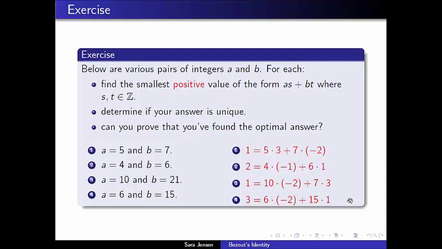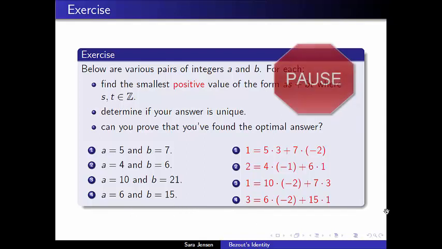Maybe you do understand it, and that's wonderful, but what I'm trying to do is lead us to Bezout's identity and this general phenomenon that we're going to have. So the next exercise that I want you to do looking at these a and b values is to say, is there any way I could predict what number I was going to get here? And is there anything I can say about how I would have predicted what this number was based on the relationship between the a and the b values? So pause and take a minute to think about that